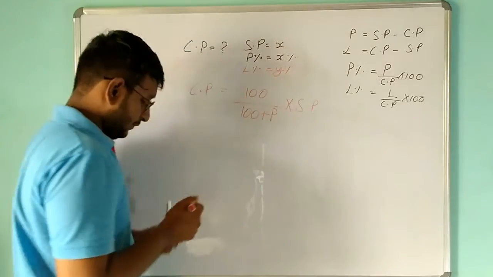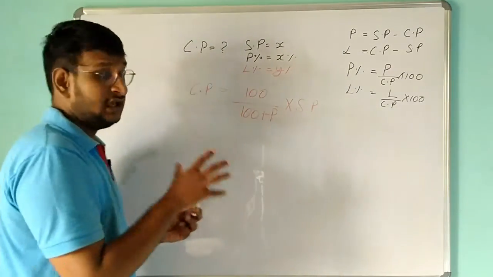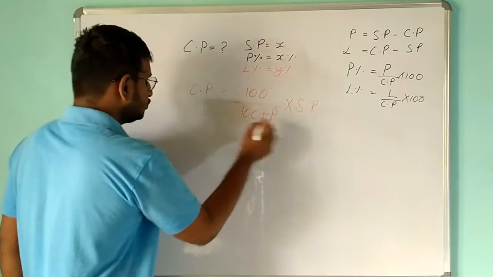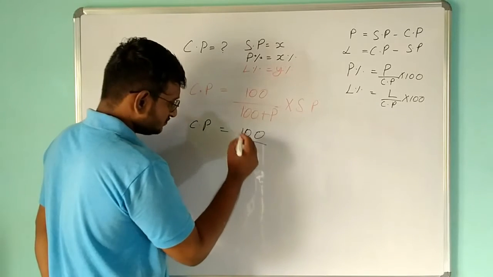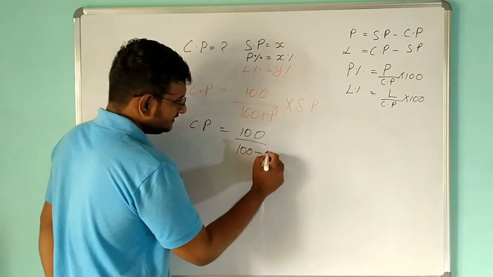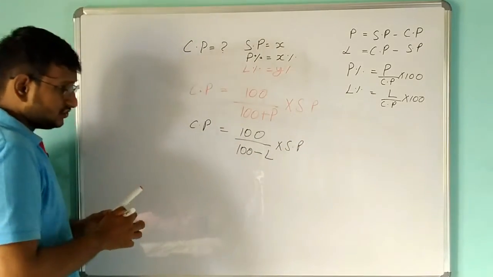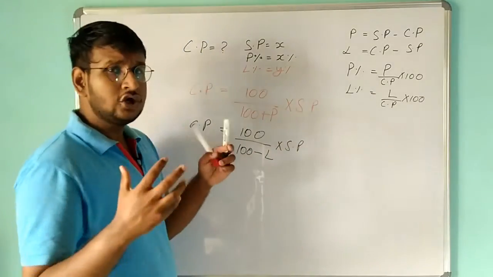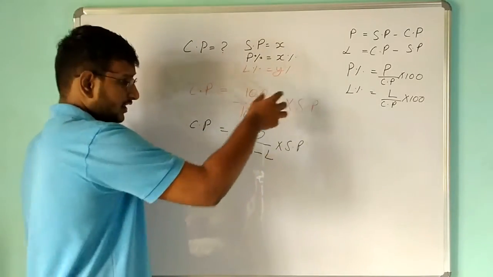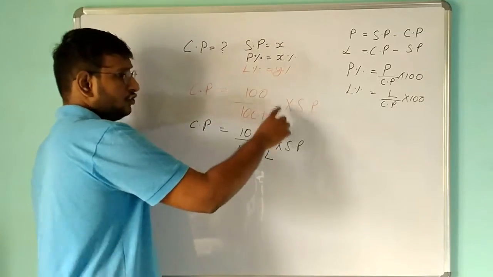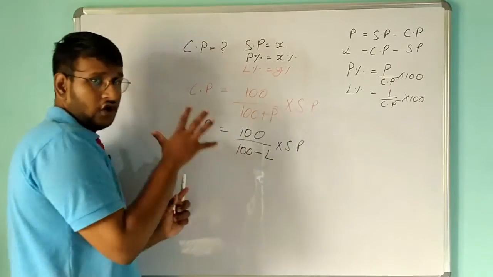Then if instead of profit percentage they have given loss percentage, let's say X percent, so they have not given the profit percentage, they have given only the loss percentage and SP. In that case, you just need to substitute this alone, that is CP is equal to 100 divided by 100 minus loss percentage into SP. So this is the only change you need to make. So it's not very difficult to memorize the formula. You just need to memorize this one formula so that you can derive this. You are just going to change the sign of plus into minus. That's the only change you are going to do.